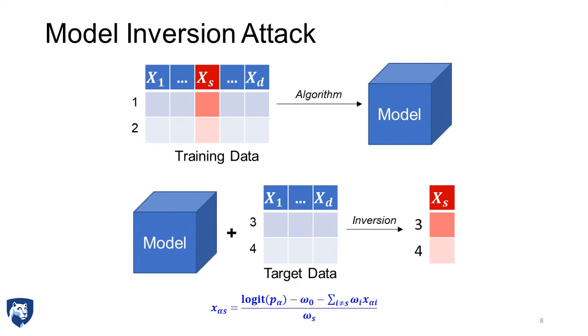Machine learning models are built from training data, which includes both sensitive and non-sensitive attributes. A model inversion attack leverages the derived model and known non-sensitive information about a target individual to infer information about a sensitive attribute. In this investigation, the adversary is assumed to have access to the released logistic regression model, as well as the patient's probability of mortality and complete non-sensitive information.